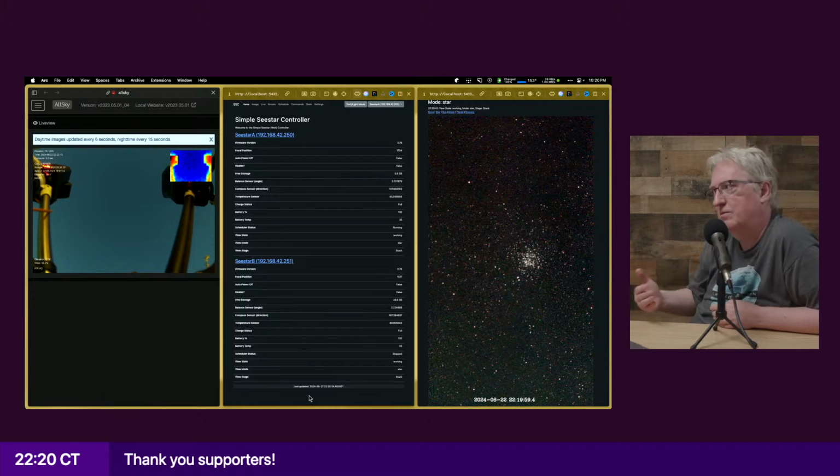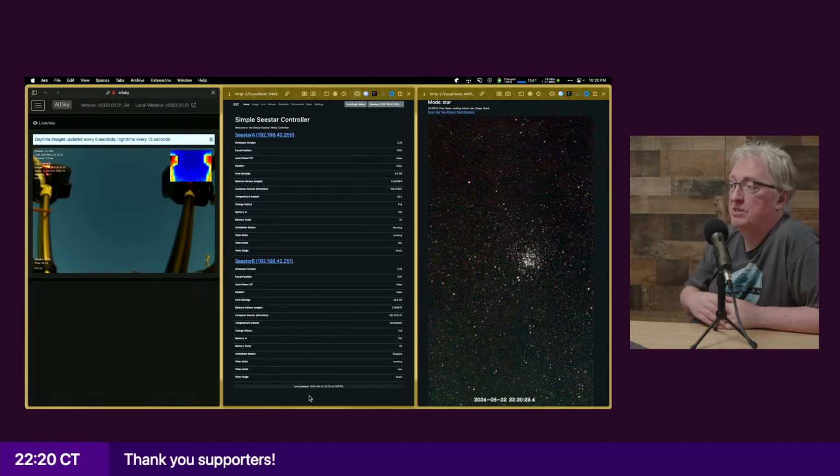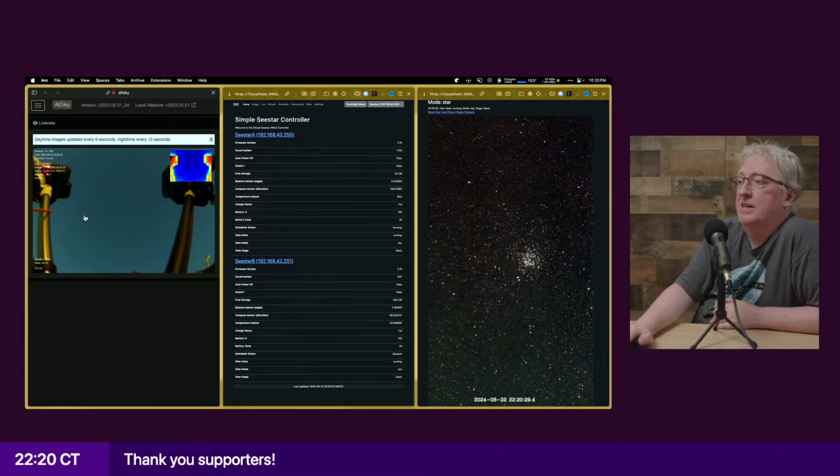So that's where I was thinking of maybe getting a third one, especially with my challenging skies. But also now, I have room here. I wouldn't have to have the all sky view. I could have a third Seestar right here, and we could be looking at all 3 of them at the same time. So we'll see.